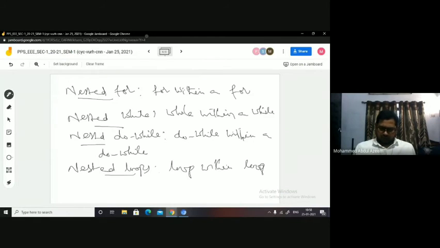Okay, you can use if within a while also, while within a while within a for, while within a do while, or do while within a while, do while within a for within a do while. However you want, you can use it based on your logic. Wherever you want, however you want, you can use it. But you have to keep in mind that the syntax which is specified to these loops, you should follow it. Okay, that is what exactly you need to remember while using this.